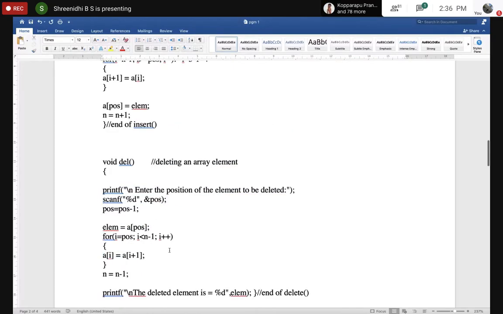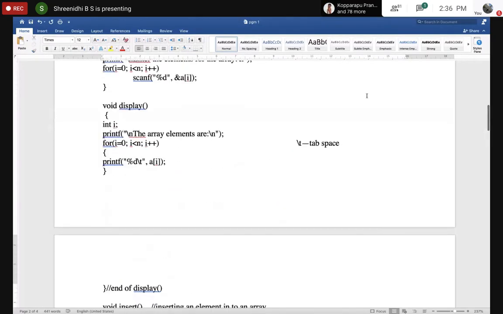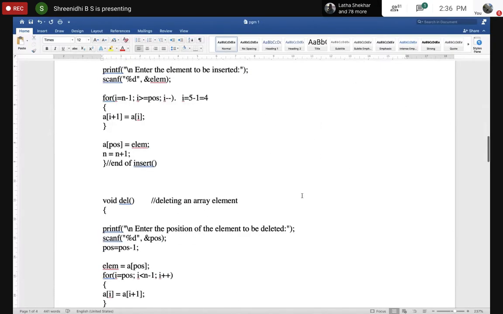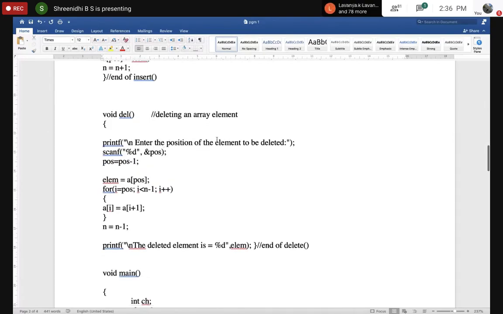So now if I need to delete any of these elements at a particular position, this will be the code. Enter the position of the element to be deleted. Randomly you can enter the position. For example, if I enter position as 4, it will take the index 4 minus 1, which is 3. In the index 3 it will be deleted. Element is equal to A of 3. In A of 3, 6 will be deleted. How? 6 will be deleted and the entire right part will be moved to the left. A of I will be A of I plus 1 because the previous element is deleted.